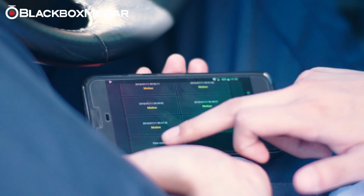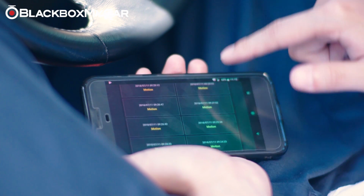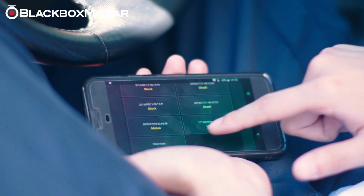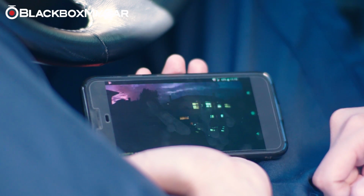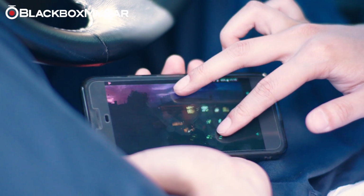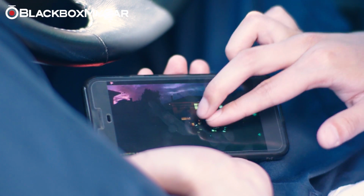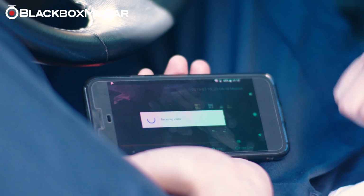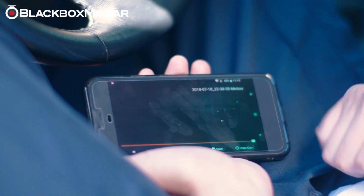So as we keep looking through, you can view more. There's a lot of motion detection here. And let's take a look at nighttime footage. So you can see at night, the recording quality is still very nice. You can still zoom in for greater fidelity, and just overall general exposure is very nice, even with very low